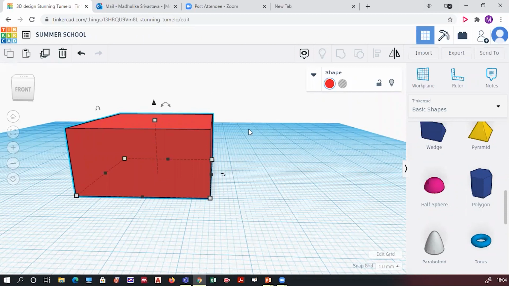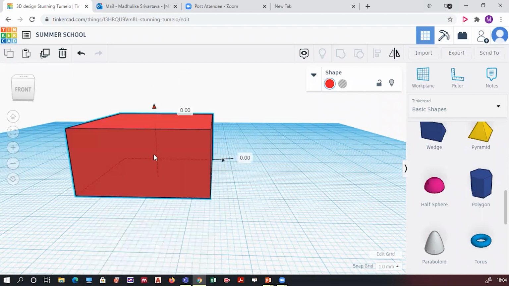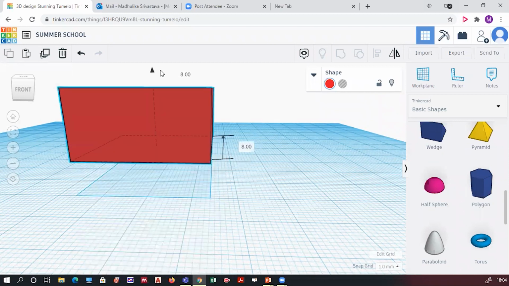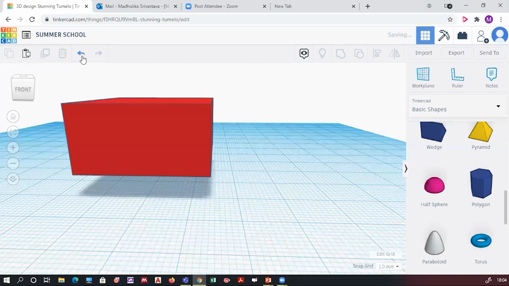I hope this much is clear: the changing of the height, changing of length, width, and this raising of the object above the work plane, or you can go below also. Any option you can go with this triangle. Now deletion, I tell you once again: you select this object and you see over here on this panel, just before the stinker written, you have this delete option. The fourth option from the left hand side is the delete. Click on this and your object is gone.